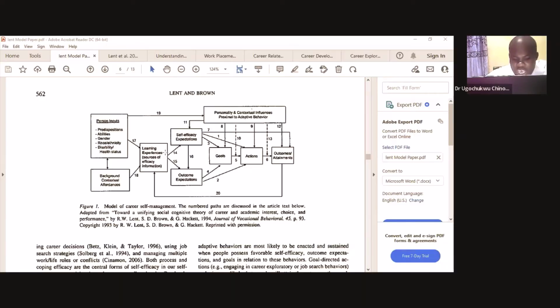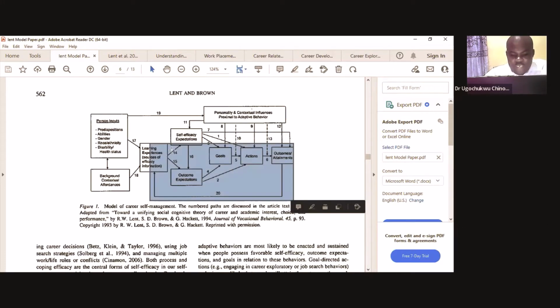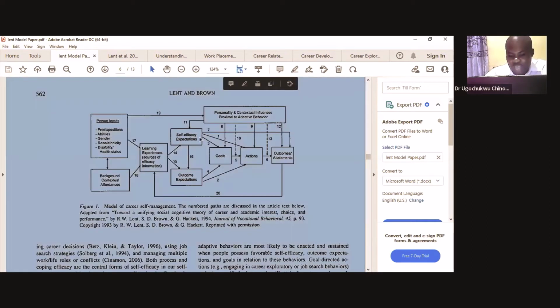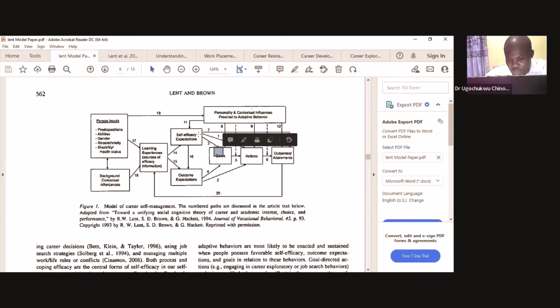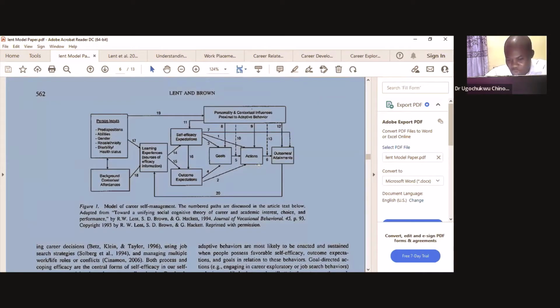Okay, that's fine. Let me share the model here. Supposing I want to make my work a little more complicated, or a little more robust, because if you look at the social cognitive career theory, the theory recognizes that self-efficacy plays an important role to goals. Are you seeing that? There's this line between self-efficacy to goals, even self-efficacy to actions, and even self-efficacy to outcome